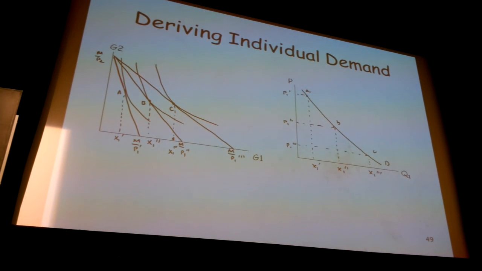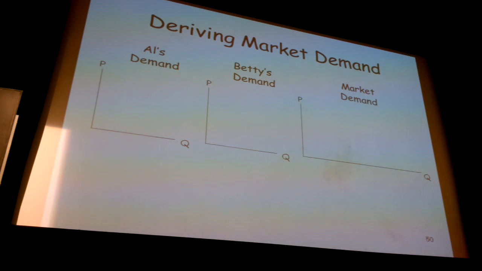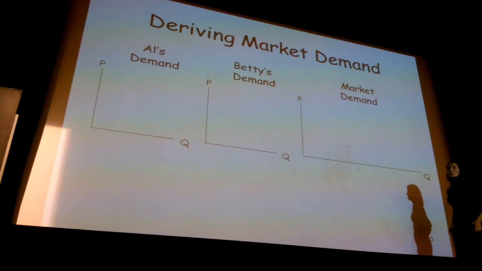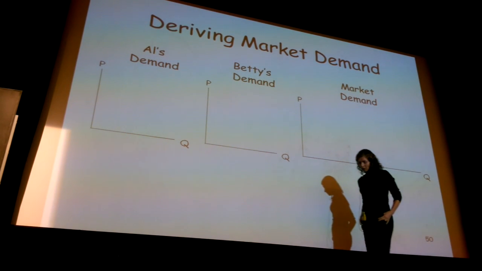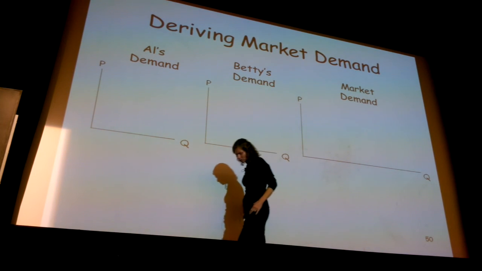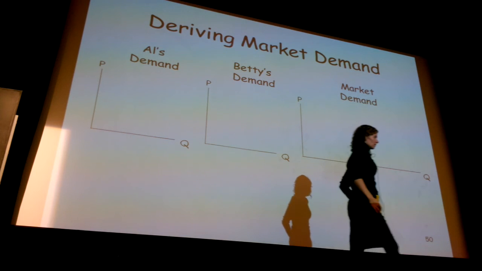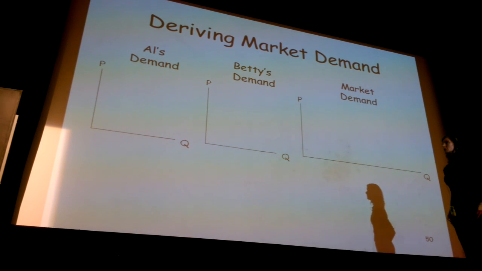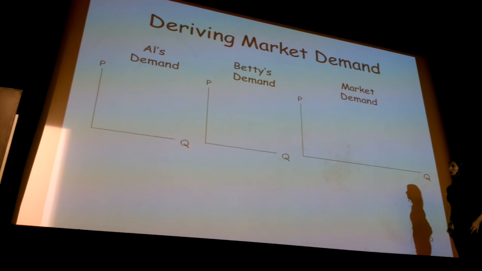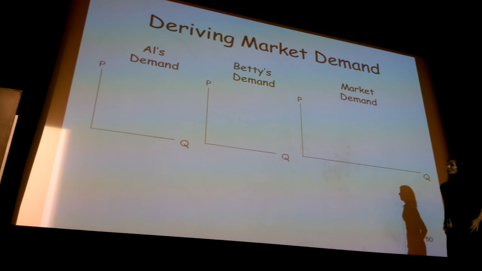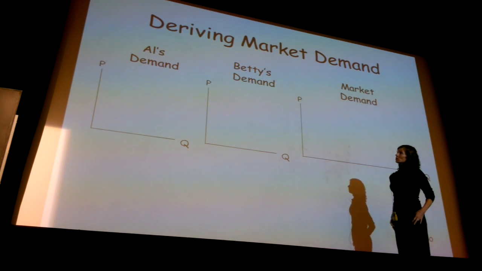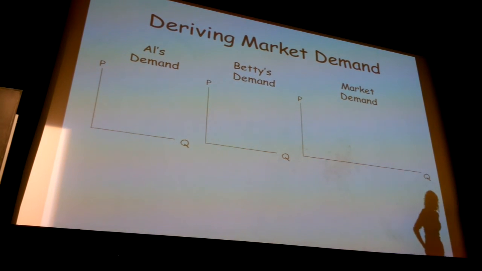Okay, so now we've got individual demand. Let's go ahead and draw market demand, because at the beginning part of the quarter, when we were drawing demand curves, we were typically drawing market demand curves. So how much quantity did the market demand? Well, now I want to think about a really simple case where there are only two people in the market, Al and Betty, whose names conveniently start with the letter A and the letter B. Okay, and let's go ahead and draw